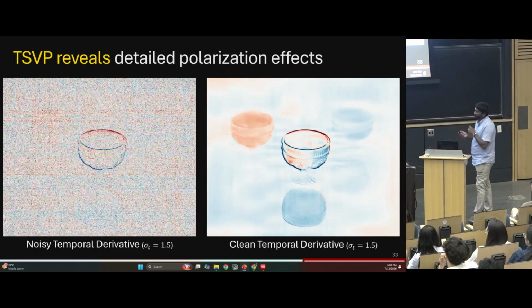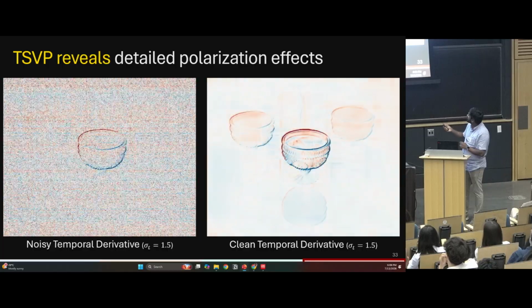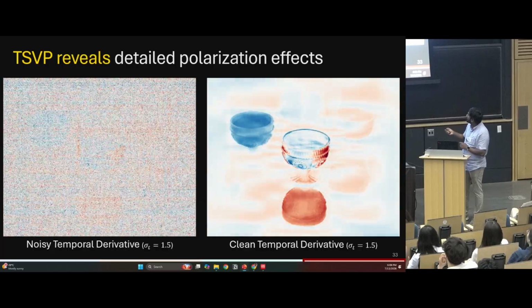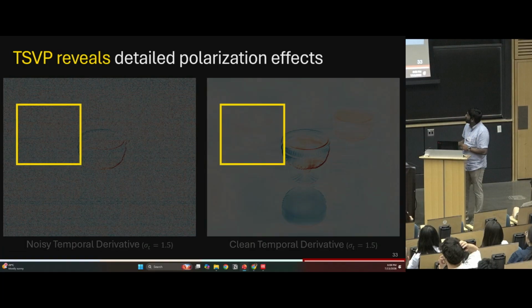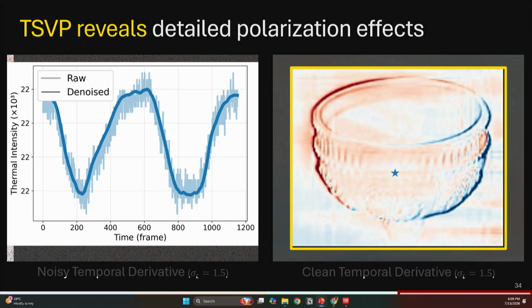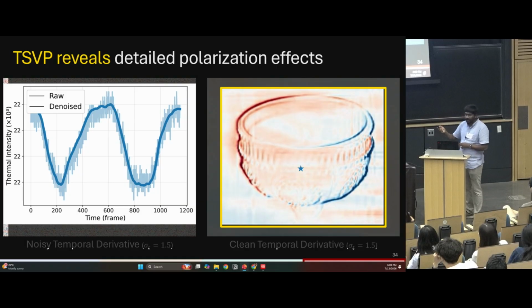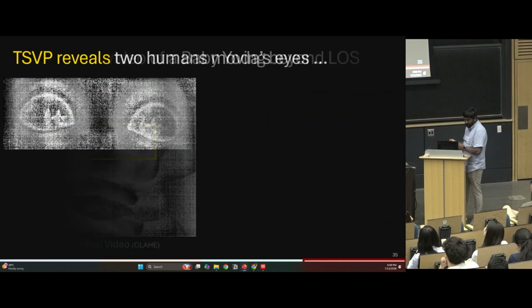But once you do our processing, you can clearly see rich amounts of detail, not just on the main object, but also on multiple reflections of it. And if we again zoom into one of these reflective objects, you see rich structures in every point. And if you look at any particular pixel plot, you notice the familiar variation of intensity with angle. In the interest of time, I'll skip this next example.